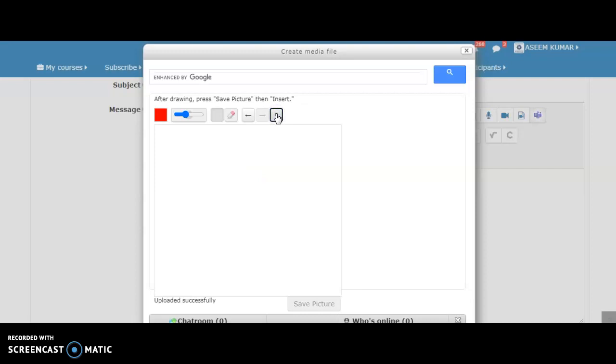It will remove everything. Now say if I want to explain to students something about fractions, I will press this icon which is for a pen for writing, and suppose I want to show them how to depict the fractions of a square.